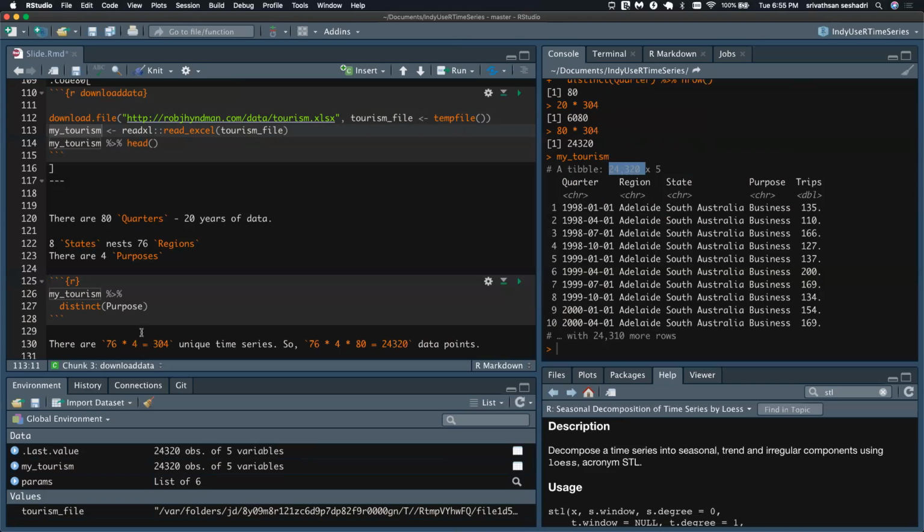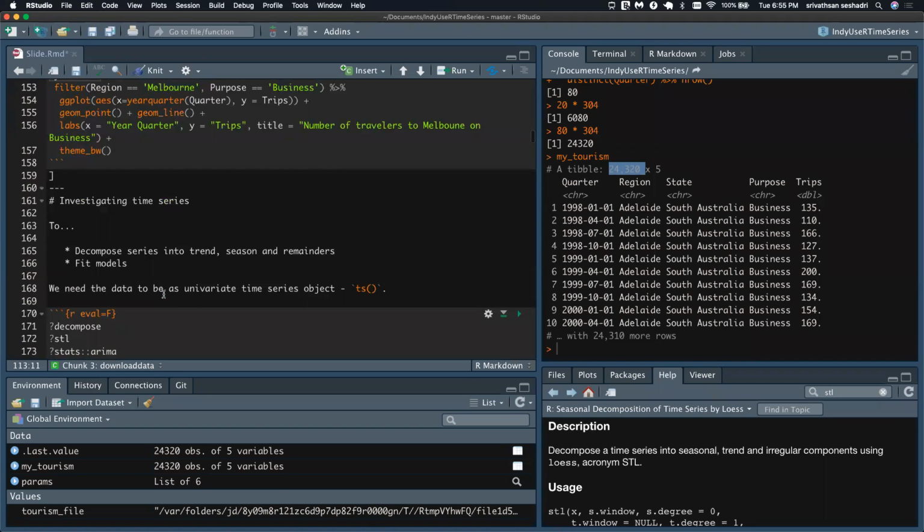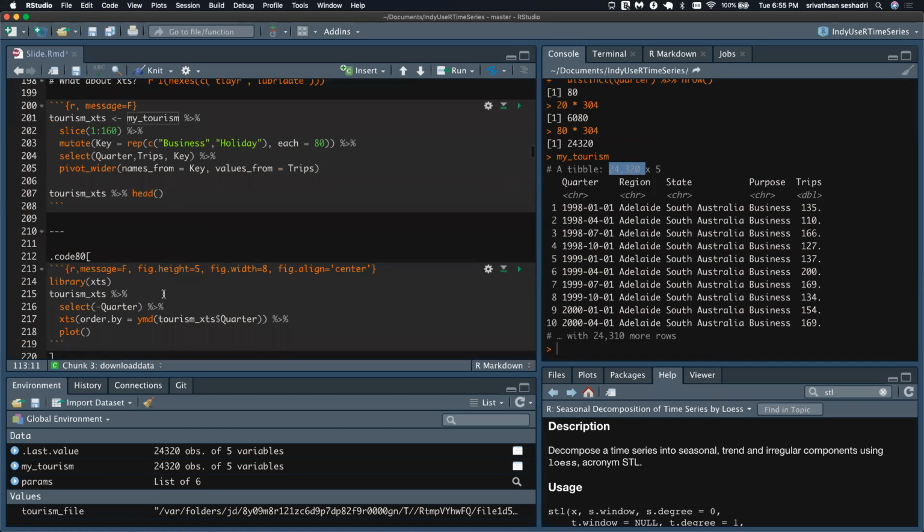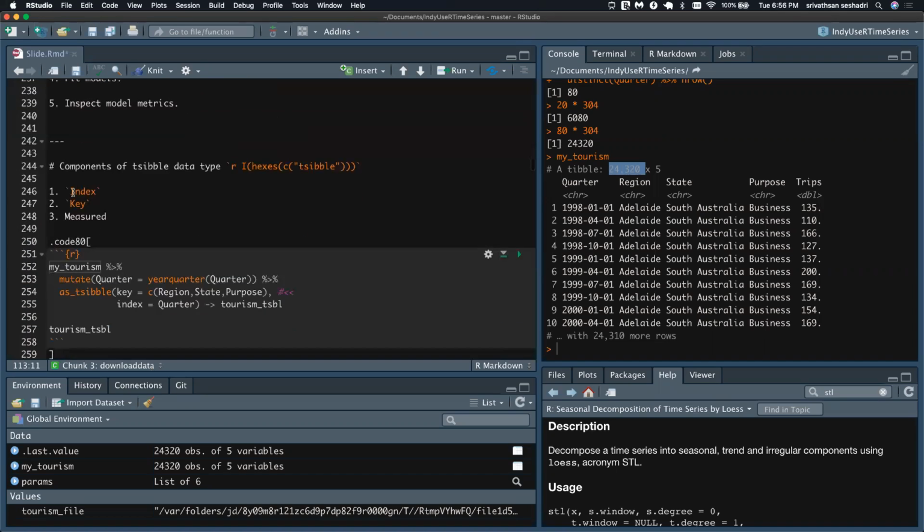Okay, so how does it do that? For tsibble, you need 3 kinds of inputs. I'll walk you through what those are in a second. You need the index, which is nothing but the time, okay, which is quarter.